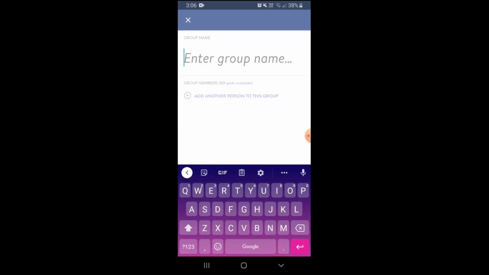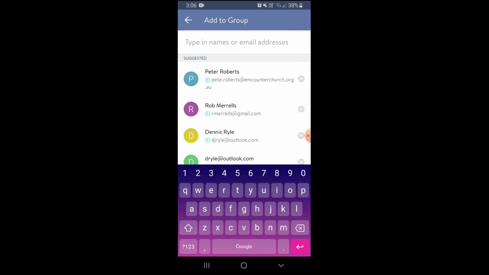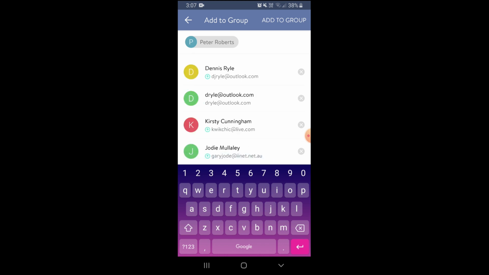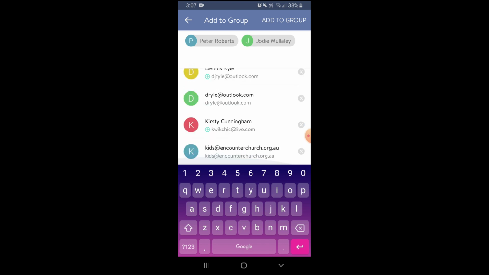I'm going to click on work mates, and then we can actually add people to this group. Okay, I'm going to click on Pete Roberts. He's one of my workmates, and I can also add Jody, and I'll add, there we go, Kids at Encounter is Katrina,